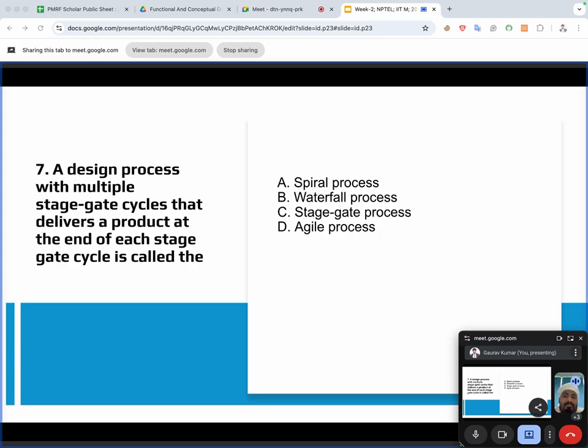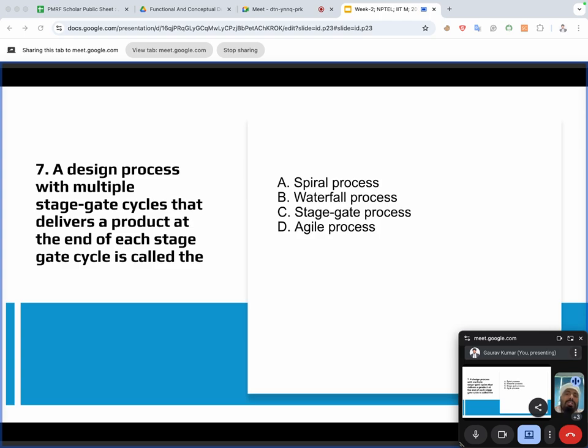So Agile is a flexible and fast iterative process where development is done in short cycles called sprints, and user feedback is integrated continuously. Think of making a dish with your team. You taste it after every step, adjust the salt or spices, and improve it on the go. You are not waiting until the end to taste it, right?